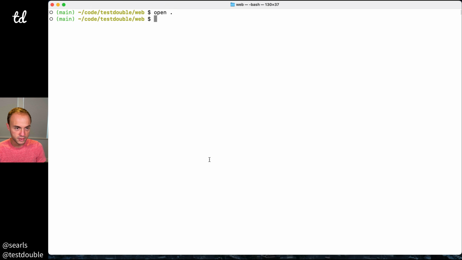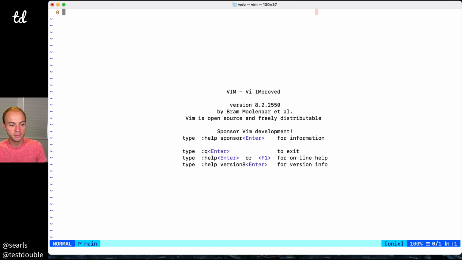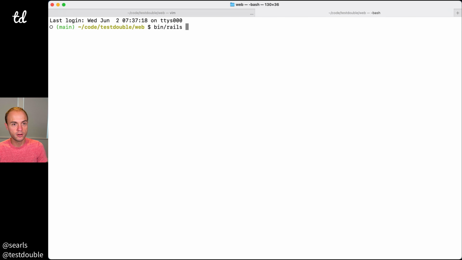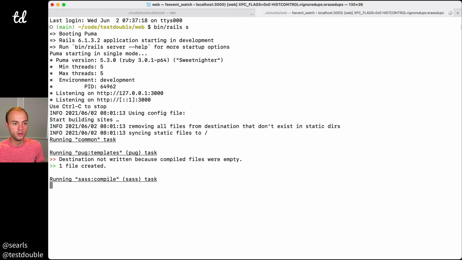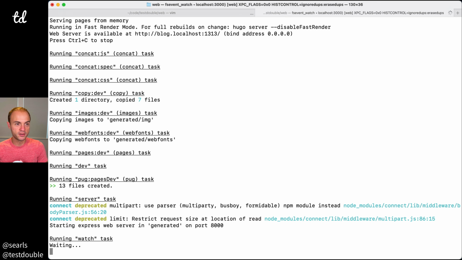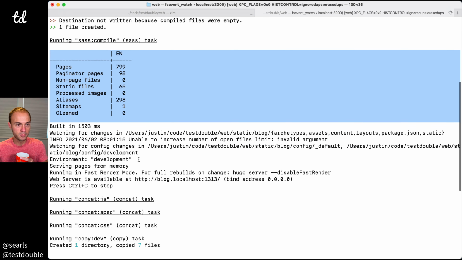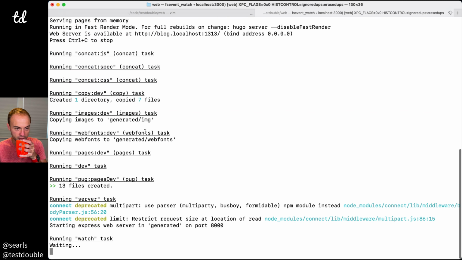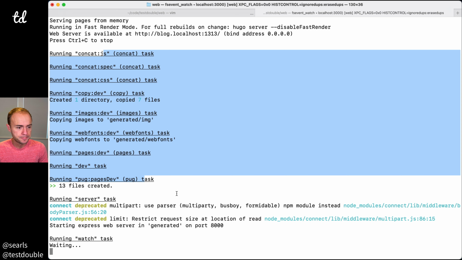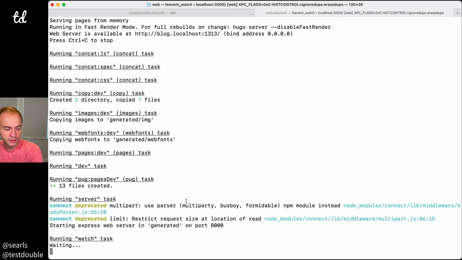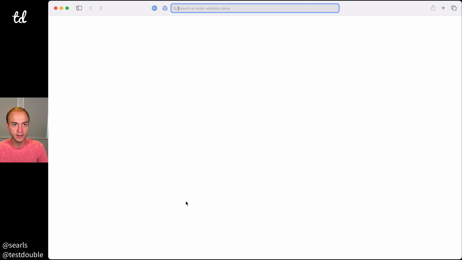And to demonstrate, let's pop open, first I always fire up Vim in my first tab, and now I'm going to start a Rails server. What this is going to do is start a Puma server, which is the Rails server, and then it starts that Hugo live server, compiling apparently almost 800 pages of blog stuff. And then our Lineman stuff down here. So great, it's built all of our sites, and those should all be living now at